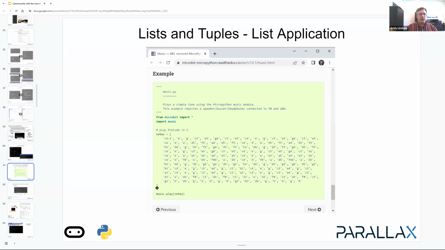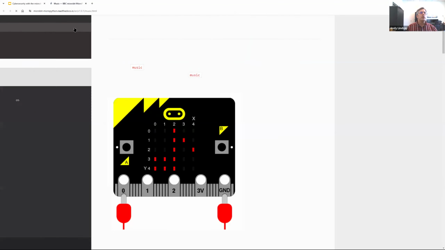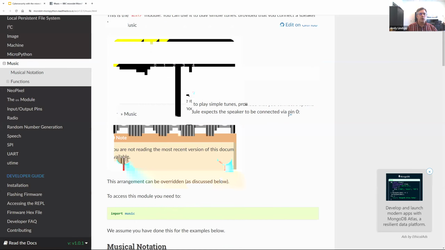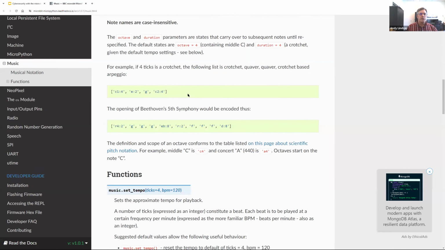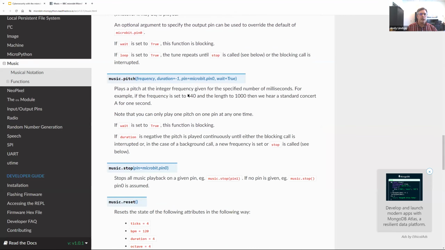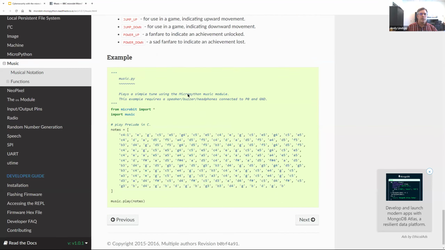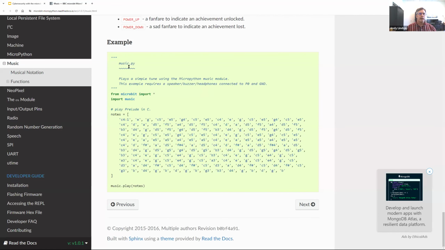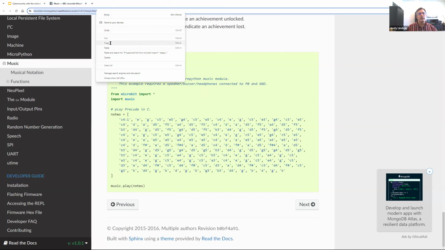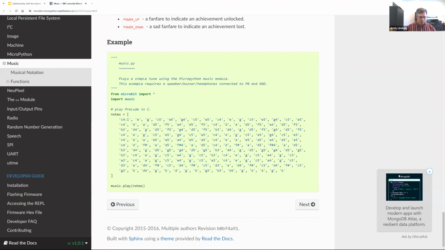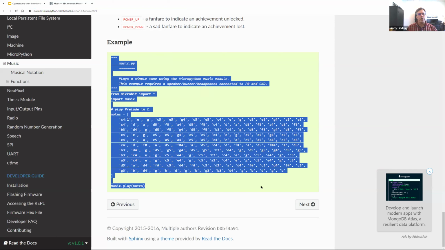Here's a nice application of lists. And what we'll need you to do for this one is go and grab this yourself, because it's too big to paste into the chat. So what you want to do is scroll all the way to the bottom of the page I'm going to paste in, and then you can copy it and paste. So copy and paste this into your